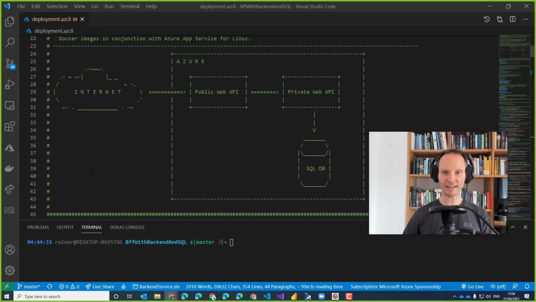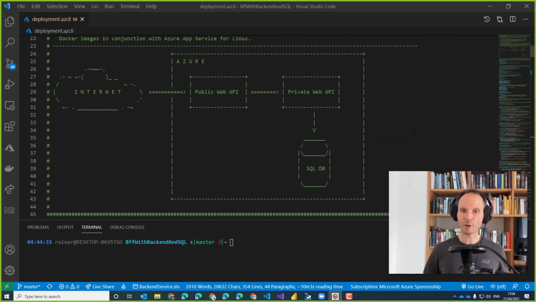Good. And with that, enough of the introduction. We will dive right into the topic. The scenario with which I would like to start today is this one. As you can see, I used a little ASCII art here. We have on the left-hand side here the public internet, and in this public internet we would like to offer a public web API. This can be written in any language. In my example, it is written in C#, but it can be Go, it can be Java, it can be Node.js, it doesn't matter. It's just an API, a RESTful or REST-ish web API, which offers its services on the 443 port. Nothing special here.